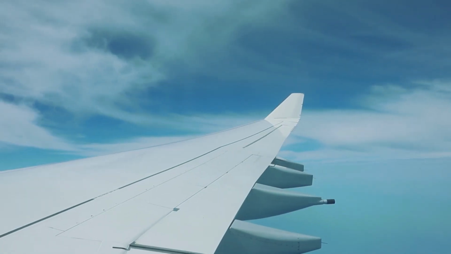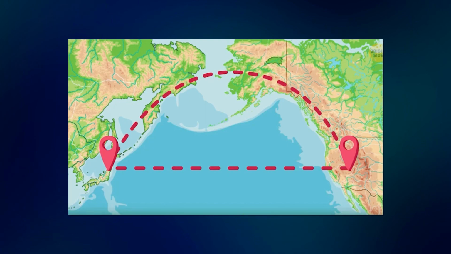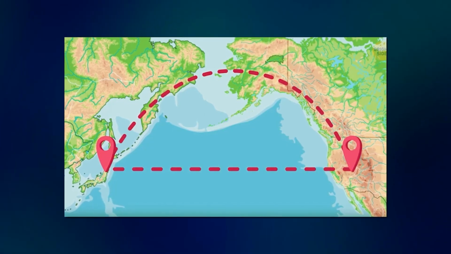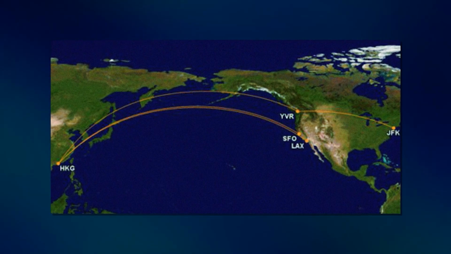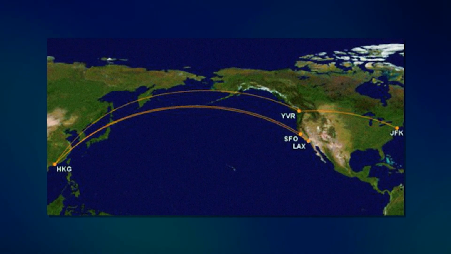I don't know about you, but I was shocked when I realized my flight, instead of going from east to west horizontally, took a curved path. Why did it do that? Then after seeing the world map, I saw that my flight took a curved path in order to avoid the world's biggest ocean,